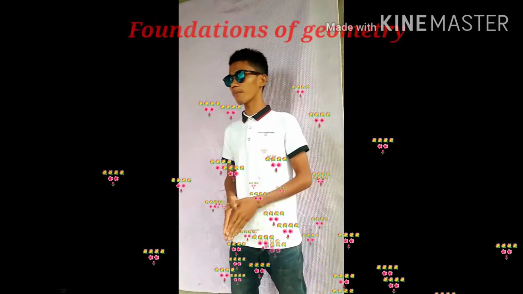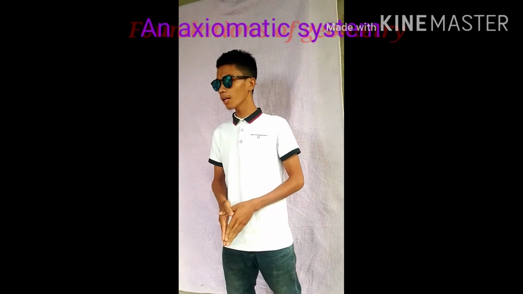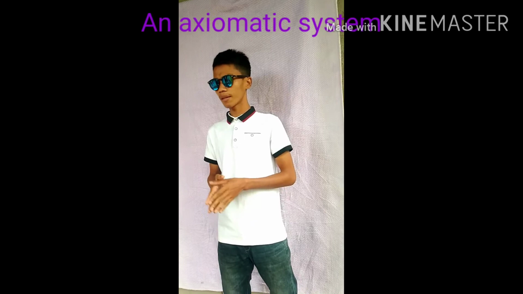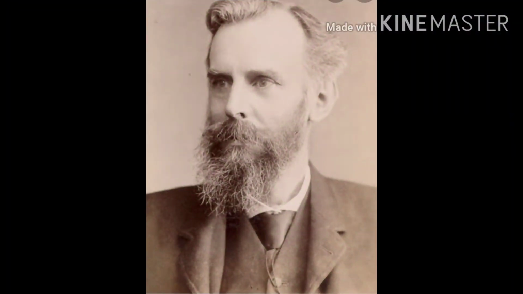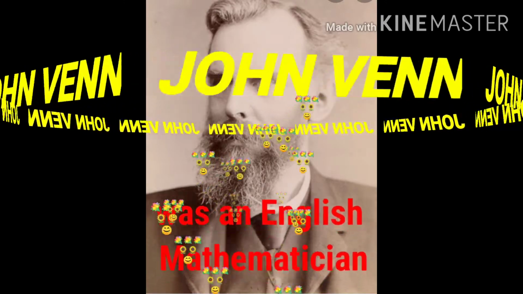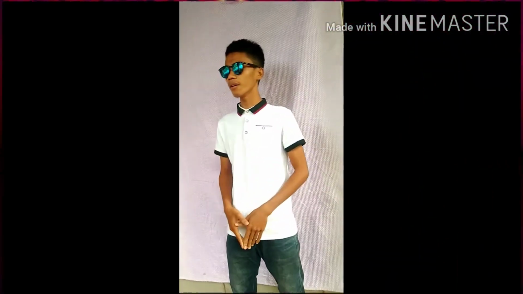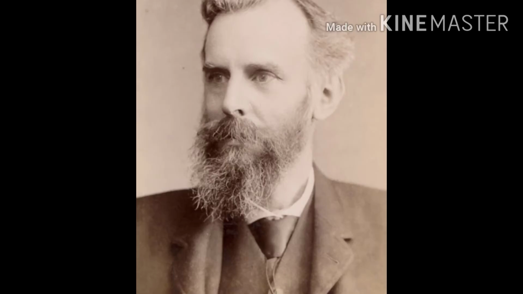An axiomatic system is a formal description of a way to establish the mathematical truth that flows from a fixed set of assumptions. Now, let's move on to our last mathematician for today. We have John Venn. Venn was an English mathematician, logician, and philosopher